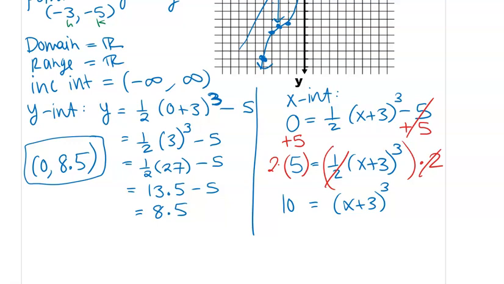So just like with quadratics, we had a square here, so we square rooted. Now we have a cube here, so we're going to cube root. Cube root is like a square root symbol with a little index of 3, and we're just going to leave our answer this way. Notice I did not do a plus or minus here,